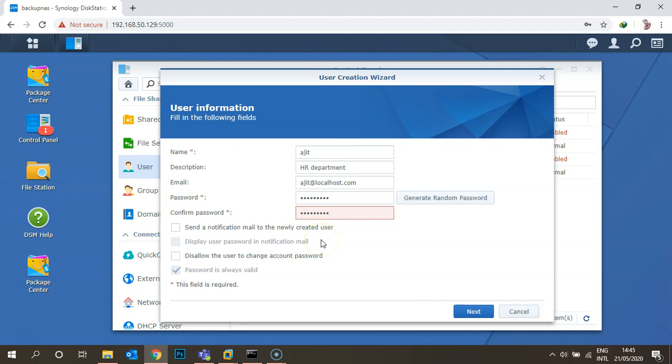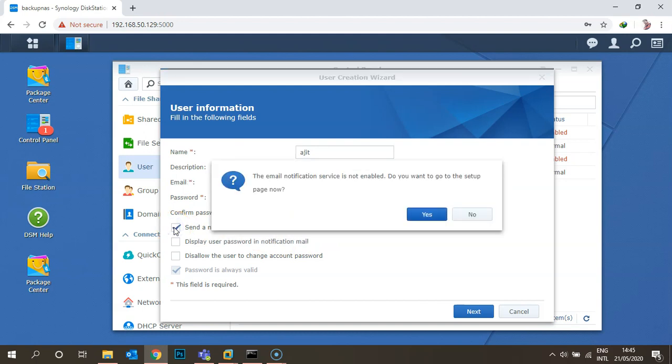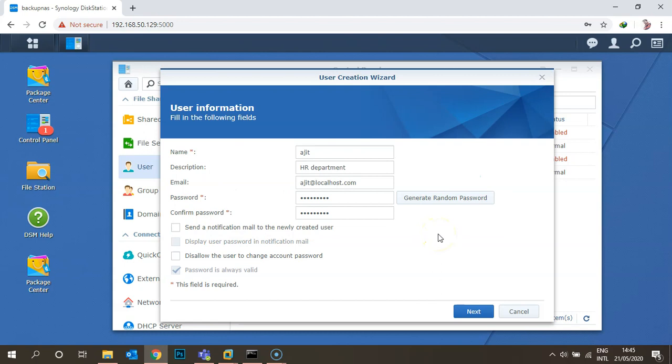Next, if you have configured your notification in your Synology, then you can click on send notification. Once the user is created, it will send a notification to the admin users who are already in that group. Next, if you want to disallow the user to change the account password, you can click on that checkbox.